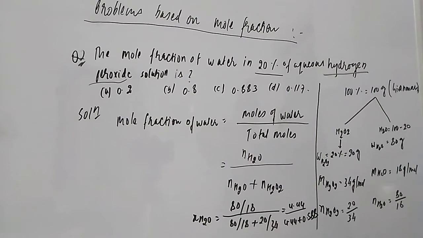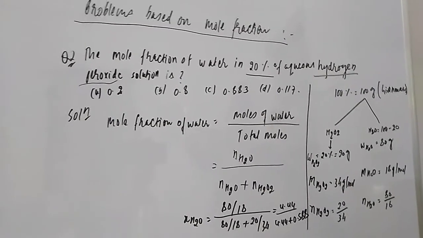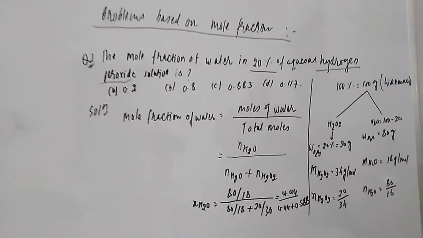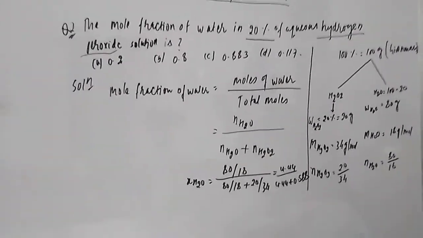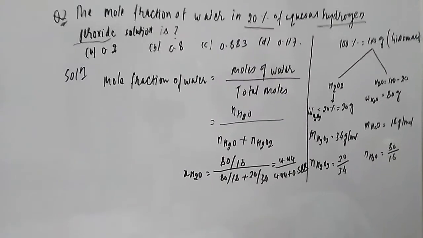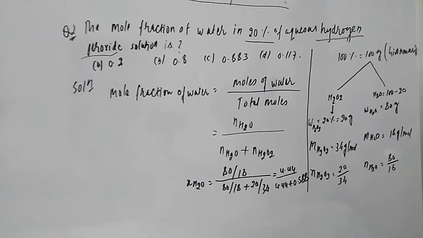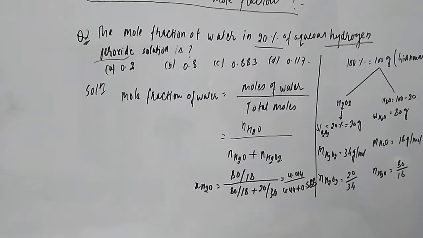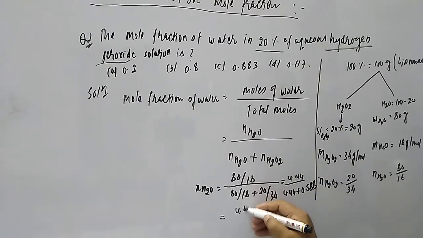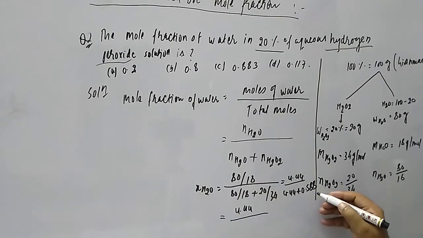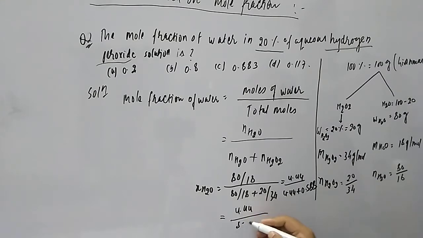Now you simplify again, add it out, student. You come a little down, because the board on the mobile cannot record all the portion, so I am opening the tripod to type a little lower. If you are typing here, 4.44, and after adding this value you are getting 5.028.